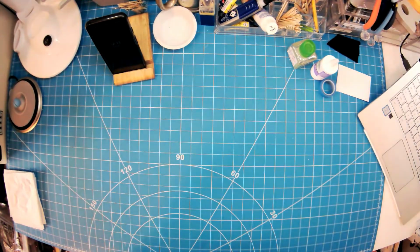So what happened in February? Well, February was four kits built. A total of four kits built in February. Not all of them started in February and finished, but I measure it by what's finished. So number one in terms of finishing was